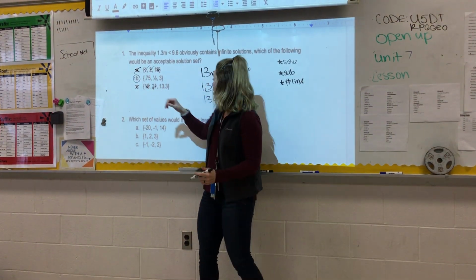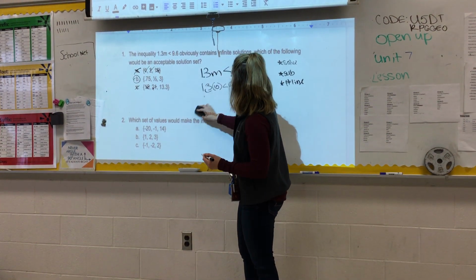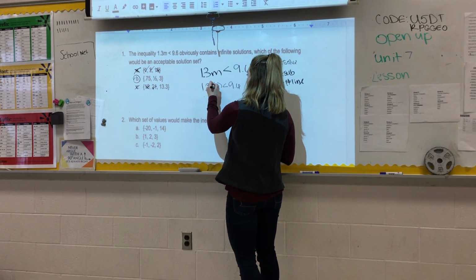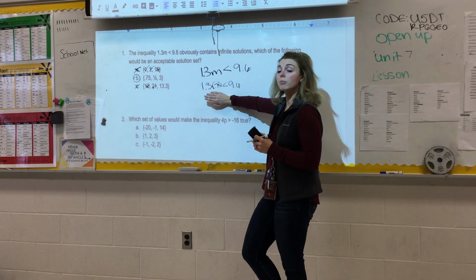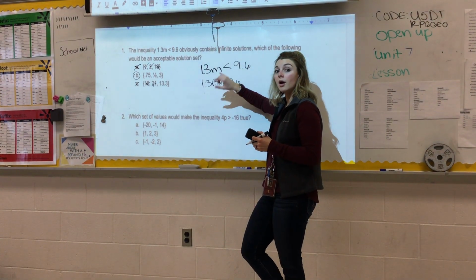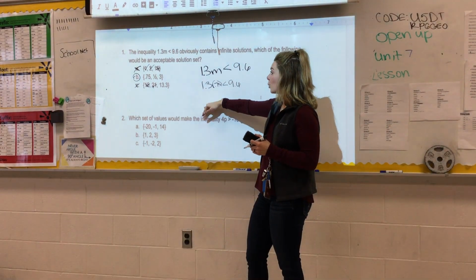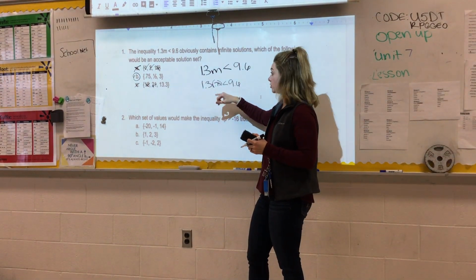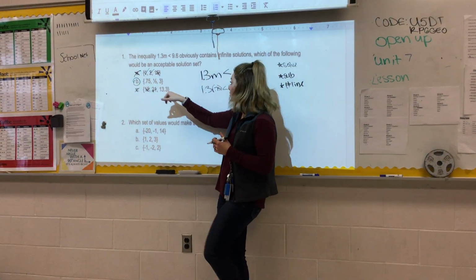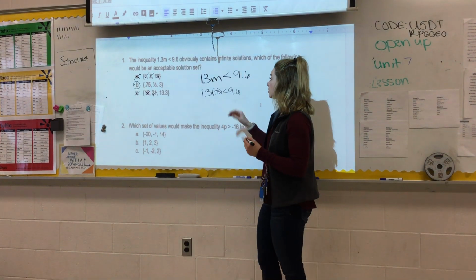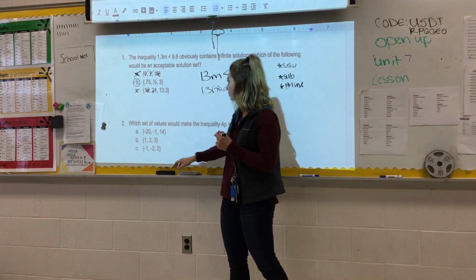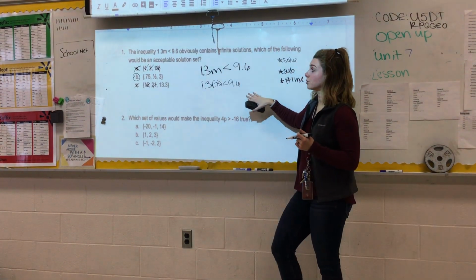And to double check, we could substitute in each of these numbers, just like we did last time, and we could have 0.75. And we know if we're multiplying by a fraction or a decimal, something smaller than one whole, our product will be a smaller number. So we know that this could work. And same goes with 1/2, same idea. And then 1 3/10 times 3 is also going to give you something that is less than 9 6/10. I think it's 3 9/10. But that is how you would solve this problem.